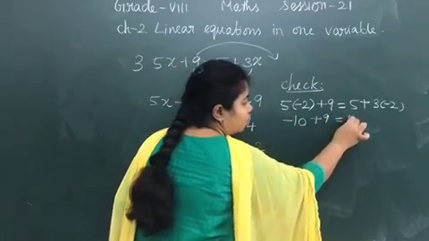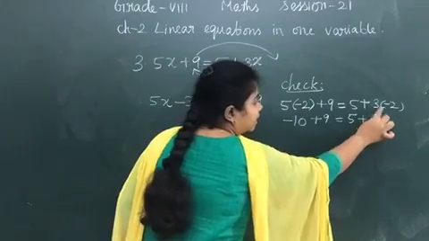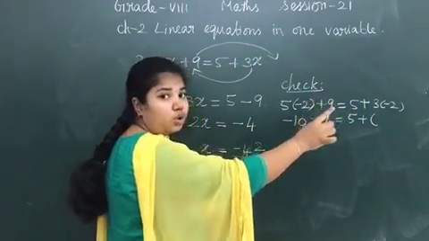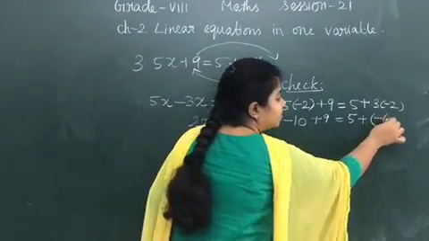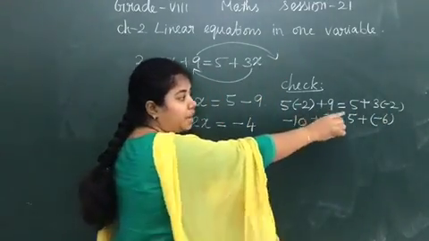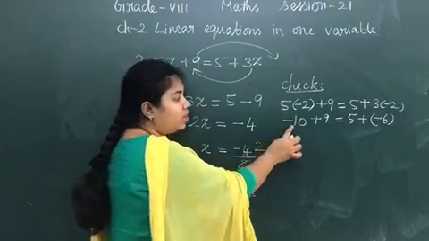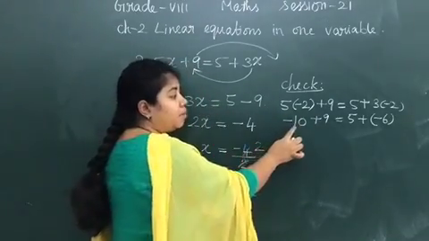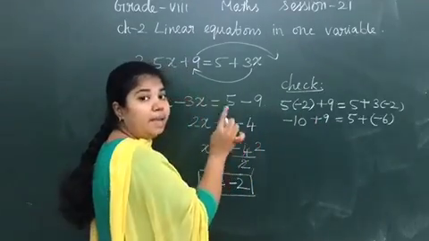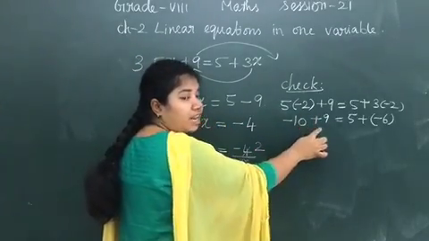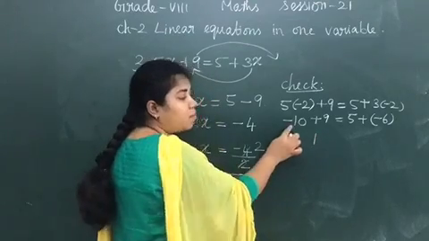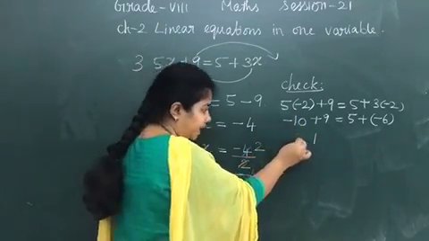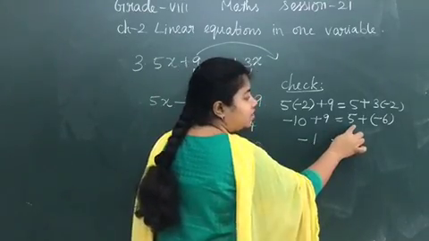Which is equal to 5 plus of 3 into minus 2. Again it is a negative number. Multiply 3 into 2, it is 6, minus 6. Okay, 3 into minus 2 is equal to minus 6. Now there is a positive number and a negative number. What you are supposed to do? Very good. Subtract and write the bigger number sign. What is the subtraction of 10 and 1? 9. It is 1. What is the bigger number sign? Bigger number is 10 and the sign of 10 is minus, which is equal to, what is here?